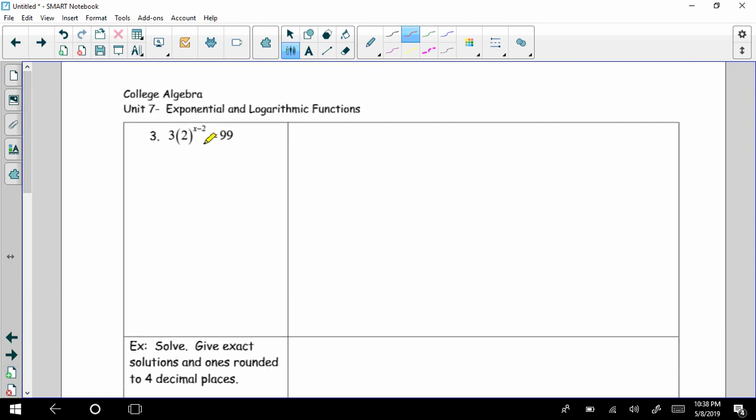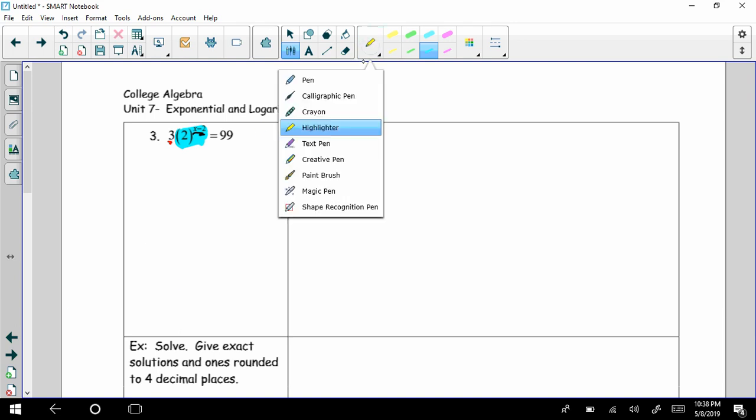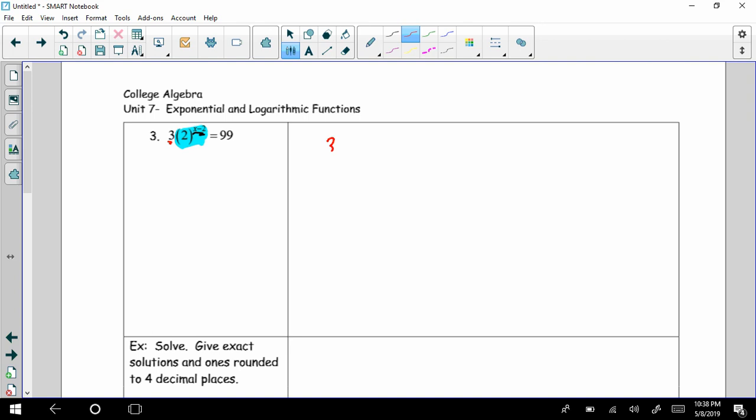Now, when we are doing this, we want to make sure that we have whatever is in the exponent isolated first. So real similar to when we did radicals. Whatever has that radical, you need to get by itself. Here, whatever has the exponent, you need to get by itself. All right, so the first thing we're going to do is get rid of this 3. So if I have 3 times 2 to the x minus 2 is equal to 99, I can divide over my 3. And now I have 2 to the x minus 2